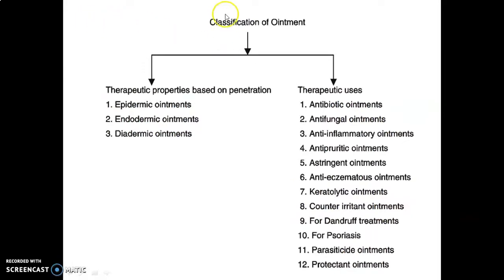So we will discuss the classification of ointment in detail. There are two classes: therapeutic properties based on penetration, and the second class, which is based on therapeutic uses. Therapeutic properties based on penetration are classified into three types: epidermic ointments, endodermic ointments and didermic ointments, according to the layer of skin. Therapeutic uses include antibiotic ointments, antifungal ointments, anti-inflammatory ointments, antipruritic ointments, astringent ointments,